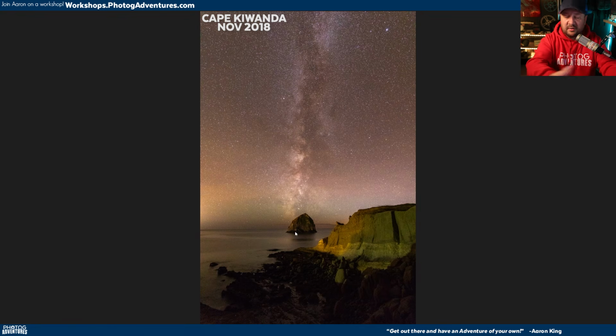If you were to go here, you cannot do the shot anymore because I'm in the area that's fenced off now. But if you go to the spot that is allowed, you'll see this Milky Way vertical off to the left of Chief Kiwanda Rock. And it's so great that the horizon of the ocean gives you that opening to see more of the Milky Way. But each different night, different marine layer, you might have a little bit more blocked or a little bit less blocked. But this is what a November Milky Way looks like when it's still vertical,